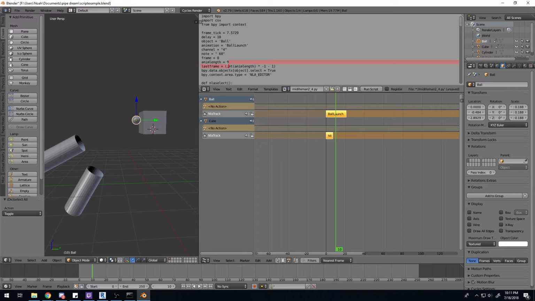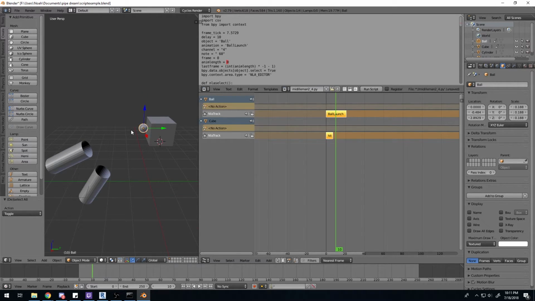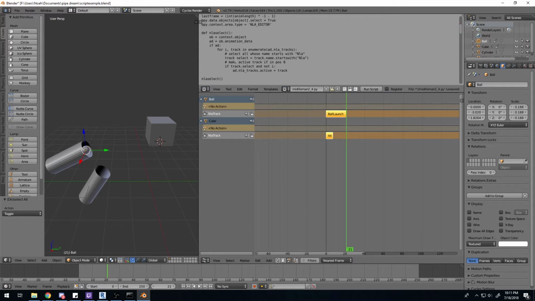Frame 0, anim length. So when you have a ball that's fired, and sometimes it's fired multiple times right after each other, you want to make sure that the NLA tracks don't overlap each other and overwrite each other. So what this does is it essentially says, if they overlap, duplicate the object and then apply the animation to that one. So we're just going to enter the amount of frames that it takes for it to complete, which is 21. And so now, I believe we are ready